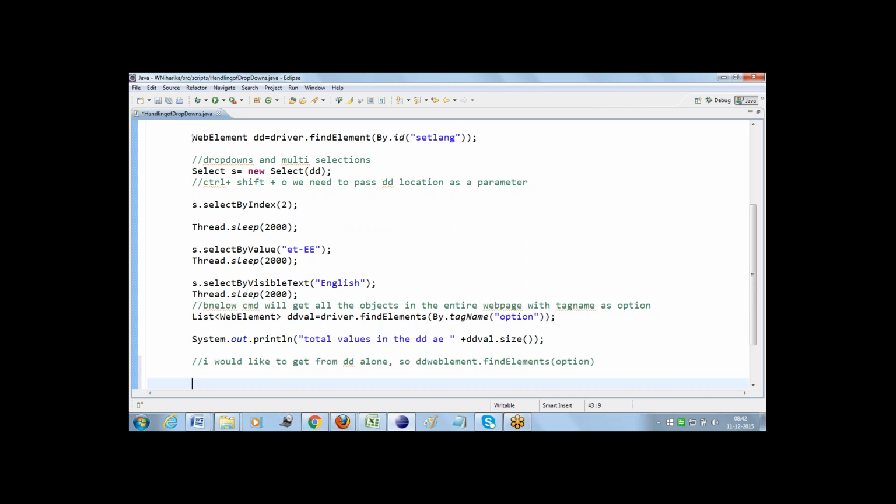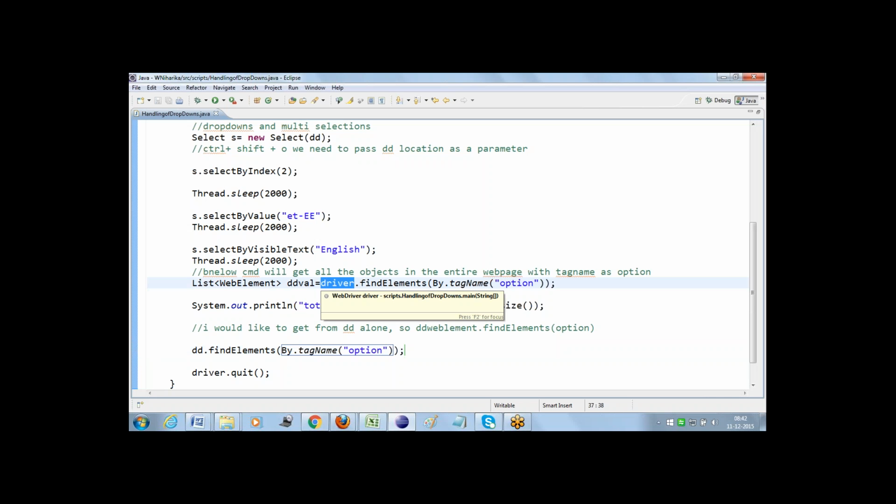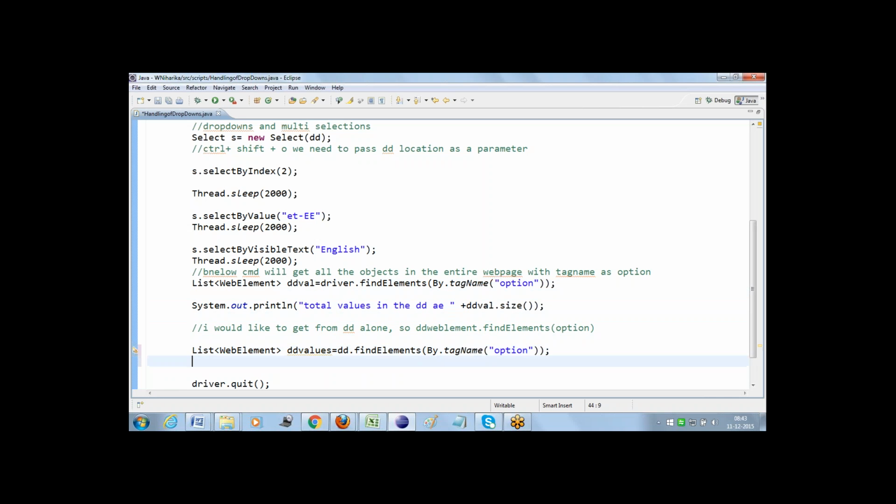See, in yesterday's class we created a web element for a drop down and its value is dd. So here dd dot find elements by tag name as option. See, the basic difference between these two is earlier we used driver dot, which retrieves the information from the entire web page, whereas here we are using dd dot, which is from the drop down. In the drop down location, what are all the objects which start with the tag name, retrieve them and store the results in a drop down values variable,